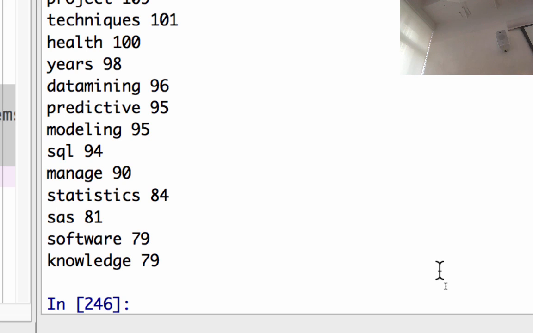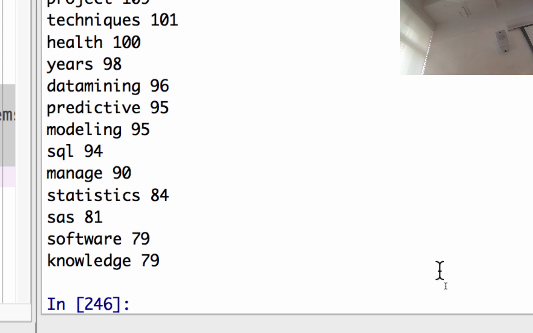API usage, web scraping, data mining, that's a pretty big deal. Predictive, and then the next one is modeling. Predictive modeling is a very important part, which we all know is what? What is another word for predictive modeling? It's an S word. Supervised machine learning. So we already said machine learning. Predictive modeling is just one part of machine learning.